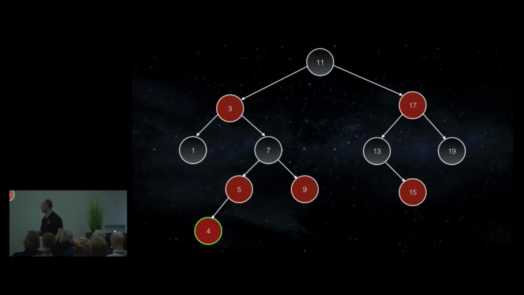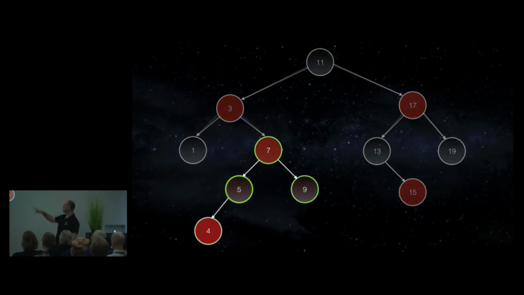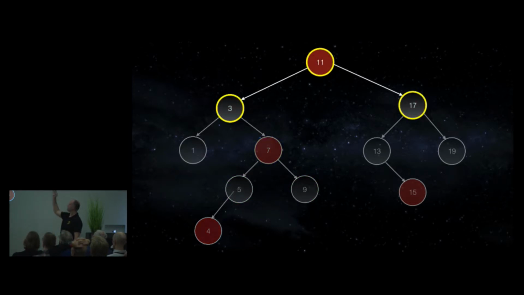So in order to fix that, we usually consider the parent, grandparent, and uncle nodes. So we can do it all locally, with local reasoning. And in this case, we just have to recolor those nodes according to those rules. And now we've fixed that invariant, but now we've broken it again between the 3 and the 7, so we just recursively go up towards the root. That violates the black root invariant, so we recolor that to fix that.